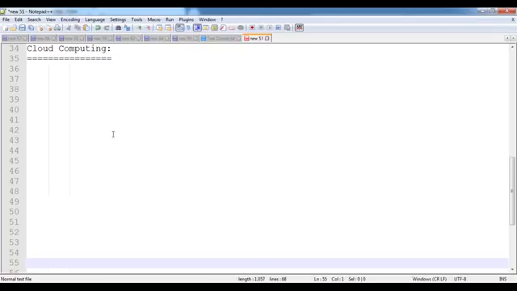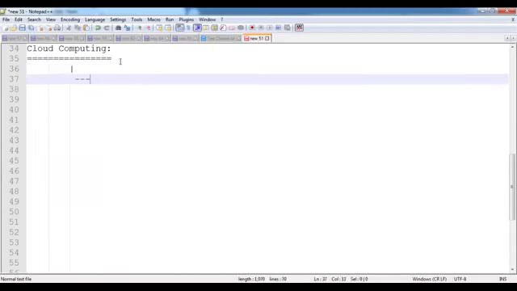Is it a programming language? Is it a technology? Is it a database? Is it an operating system? Is it a tool, or is it what? Basically, cloud computing is not a programming language. It's not a technology. It's not a database. It's not an operating system.